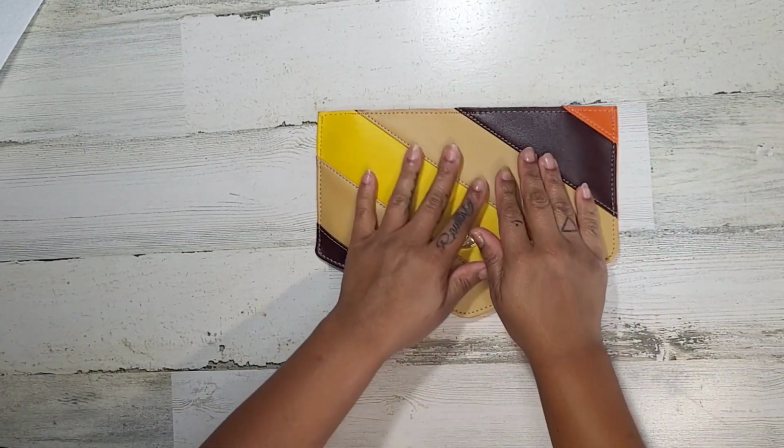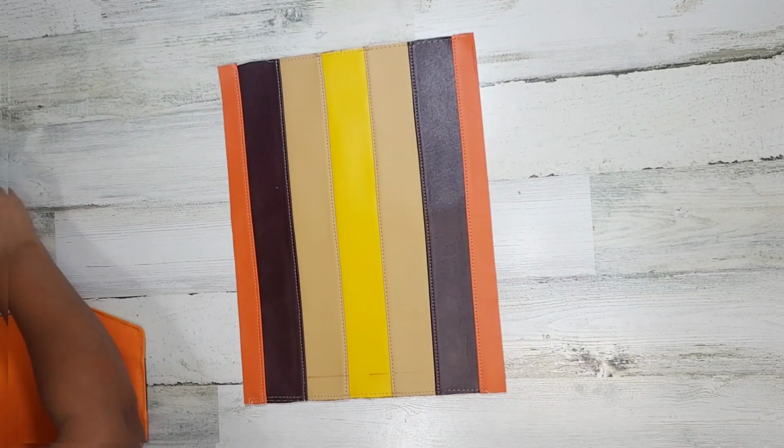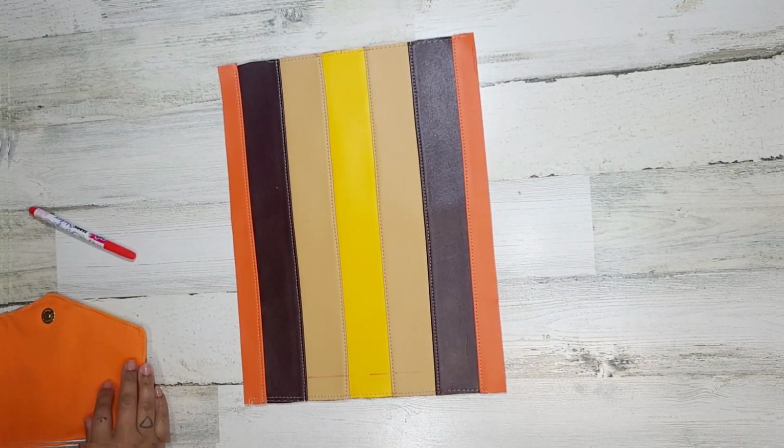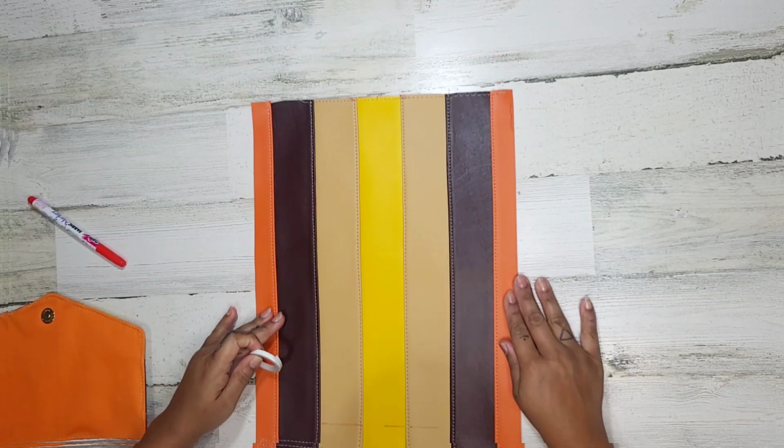All right, so now I'm going to go over to my machine and baste the top. All right, now grab your main panel where it's long way